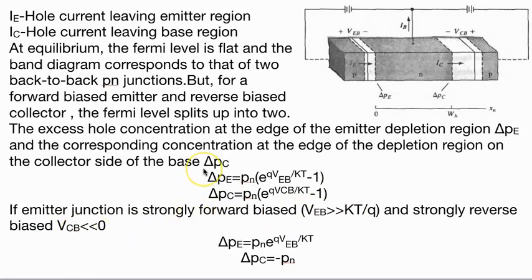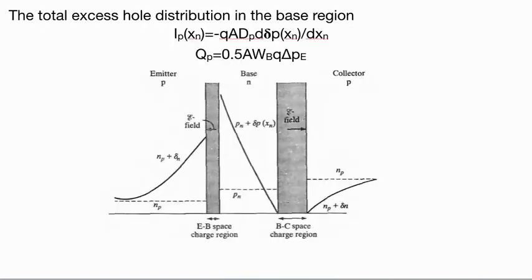Then we can reduce the earlier equations to respective equations like Pn e to the power VEB by VT, or the change will be equal to minus Pn, or minus the original current. Now, the total excess hole current in the base region will be IP equal to minus q A Dp